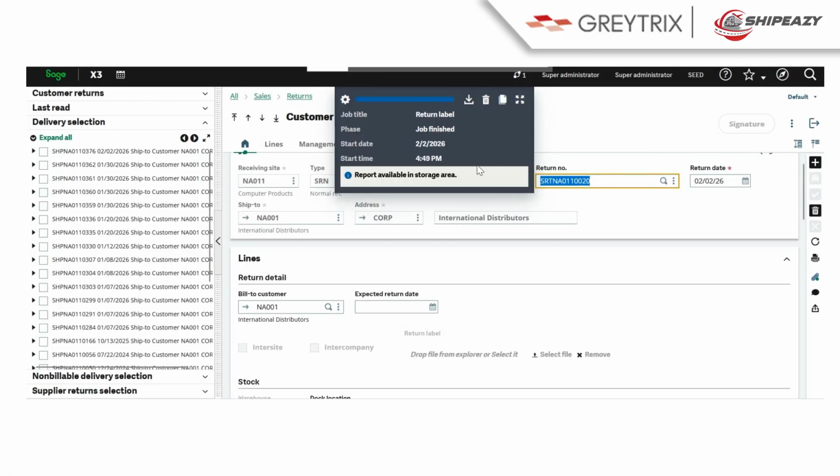To summarize this demo, GumuShip Easy supports partial returns in Sage X3 even when a delivery has multiple products. We can return a single item, generate and manage the UPS customer return, cancel if required, and print a detailed return label, all within Sage X3. This makes the return process accurate, efficient, and customer friendly.